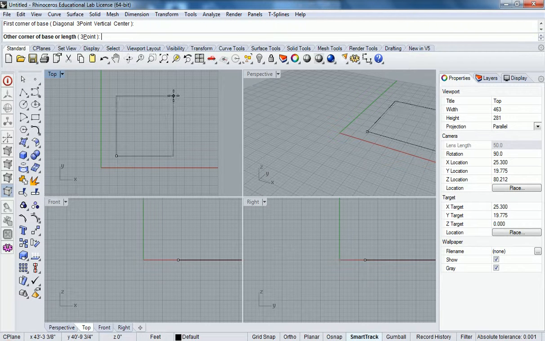And you'll see that this is what it means by diagonal. Or no, oh, it's going by 3-point for this one. So the first point locks to wherever you clicked. The second point goes across this rectangle, or square if you're exact, to wherever you're going to place the second point. So then you place the second point, and now